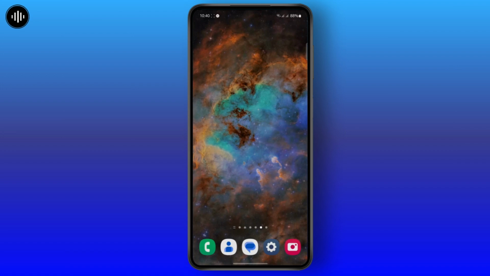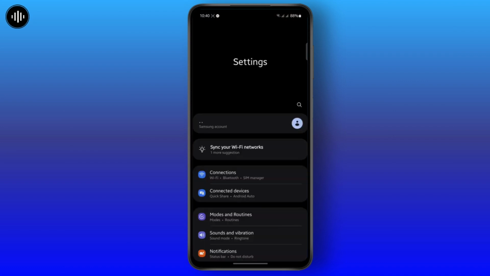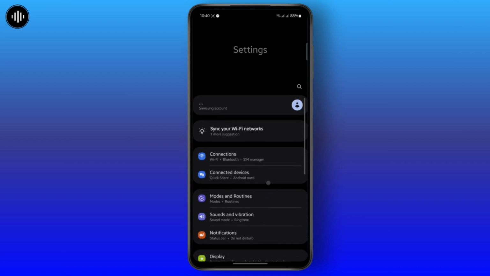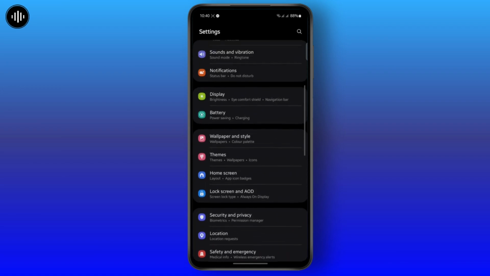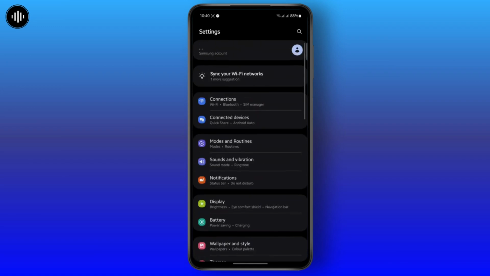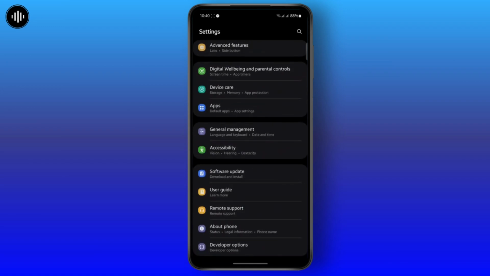But if you want to disable your sensors, then what you can do is first head over to your settings, and once you head over to your settings, just scroll down until you see this option right here. At the bottom of the screen, you will see the developer options. Just tap on it,